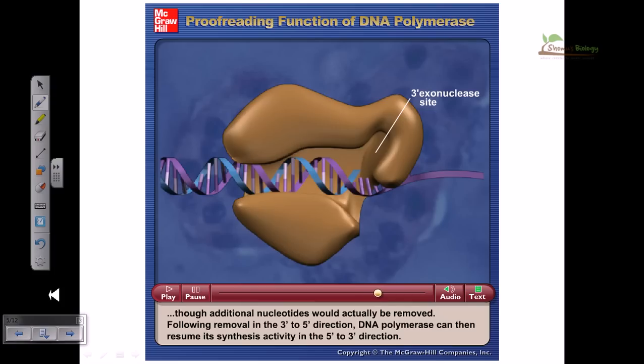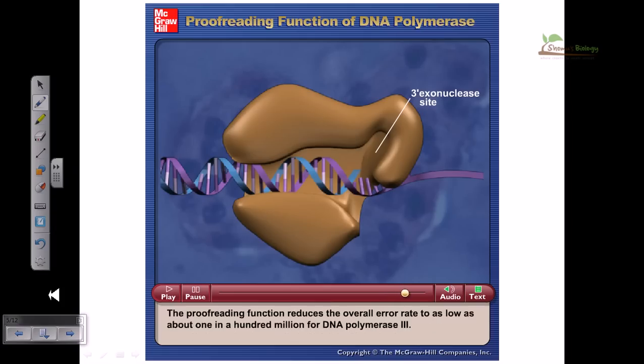Following removal in the 3' to 5' direction, DNA polymerase can then resume its synthesis activity in the 5' to 3' direction. The proofreading function reduces the overall error rate to as low as about 1 in 100 million for DNA polymerase 3. So we can see that the exonuclease activity of DNA polymerase 3 actually helps it to achieve this 1 in 100 million